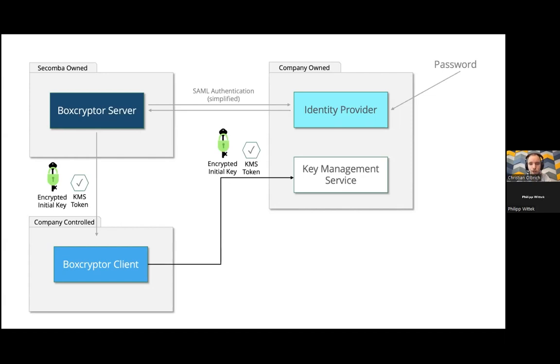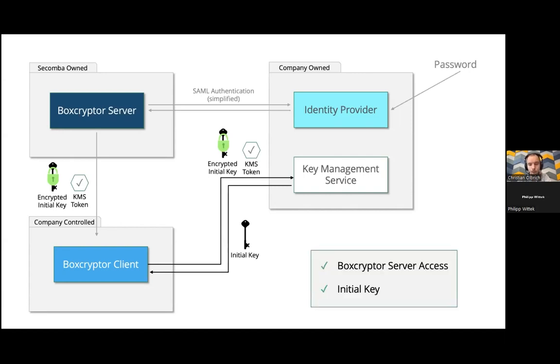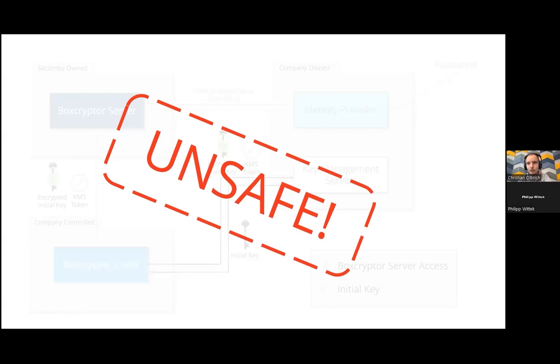The KMS token would authenticate it, and it would then be able to decrypt the initial key, return it, and from that on we could decrypt the user's private key and the complete keychain. And this works. We got Boxcryptor server access, and we got an initial key. I've left out all the stuff that we did before with authentication to make the graphic a little easier to understand. The problem, of course, is that this is absolutely unsafe,